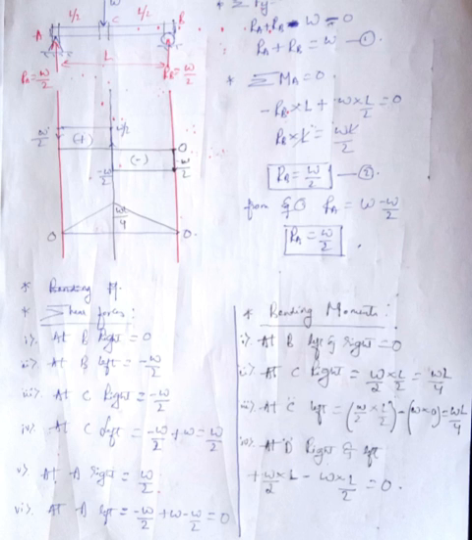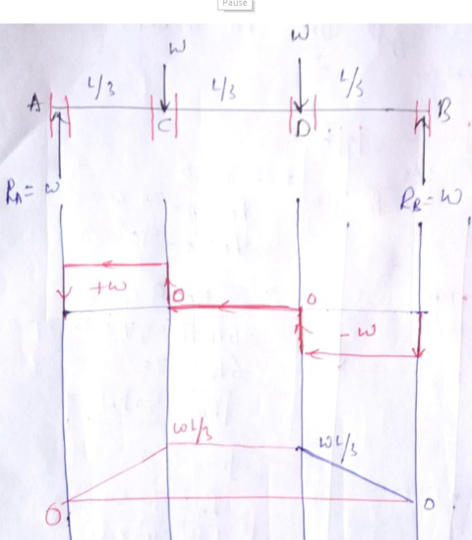Okay, so now we'll move on to the next problem. This is the next problem we are going to discuss. There is a beam of total length L, supported at the ends as a simply supported beam. Instead of representing hinge support or roller support directly, they have represented it in the form of reactions. At A there is a reaction Ra, which means there is a support here, and at B there is a reaction Rb, which means there is a support here.